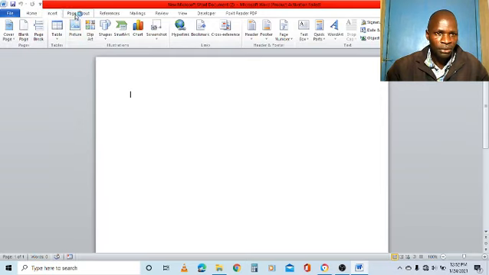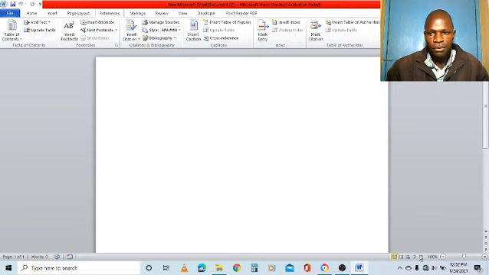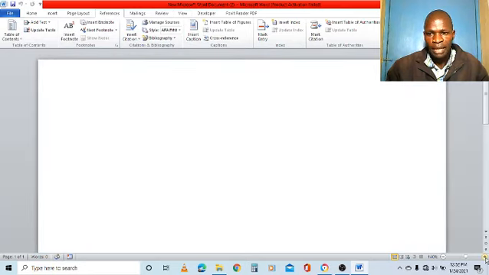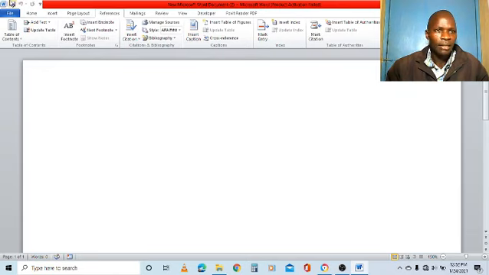We have page layout, references, mailings, review, view, and we enlarge a bit. So all these options on top here are called menus, and the whole thing is called a menu bar.